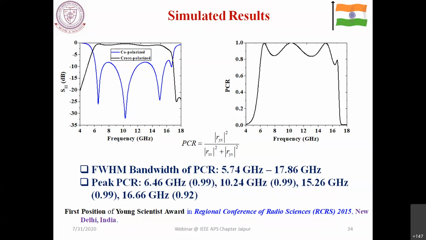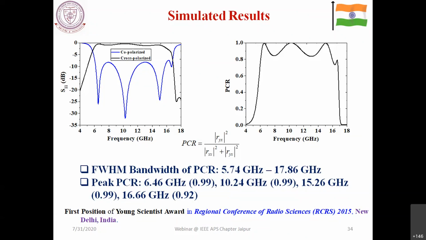Next question is, what is the best approach to make an absorber angle insensitive? Well, the best approach, not only for an absorber, even if you consider a polarization converter or a filter, anything, is that the unit cell dimension should be as small as possible. The unit cell, I should say, the periodicity should be as small as possible.